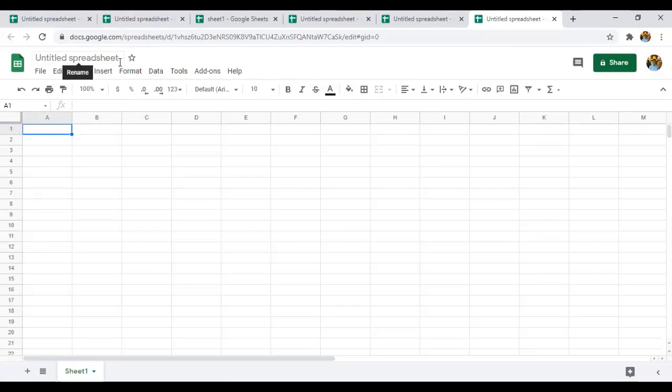Just click on the untitled spreadsheet and name it as per your wish. I just gave Sheet 1 and it has been saved. So this is how we create a Google Sheet, right?